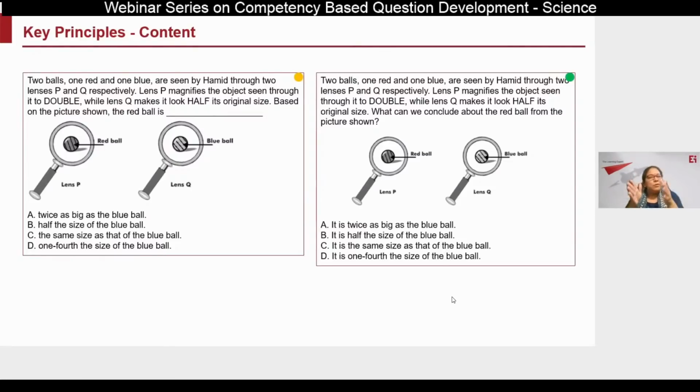So now the students already know that they're supposed to look at the red ball. The reference point is established, and now they're going to process the question more quickly and in a more focused way. So this type of question in a way directs students towards their answer, right? And that's a little more convenient. So that's a suggestion that we generally make.